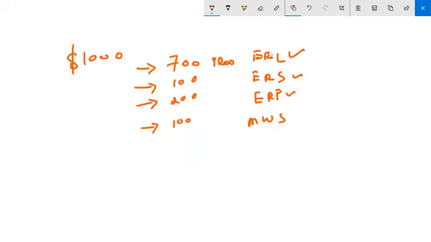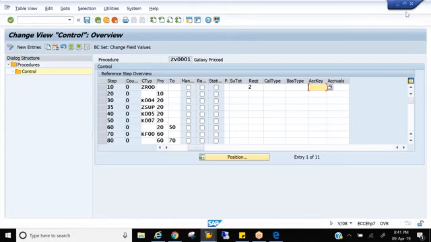So as of now, just know the definition. That is, account key is one of the parameters which will help us to post the values into GL account. Right? Nothing more to discuss about this. Even when it comes to revenue account determination, the definition is the same, but we'll see the purpose of it at that time. Okay.